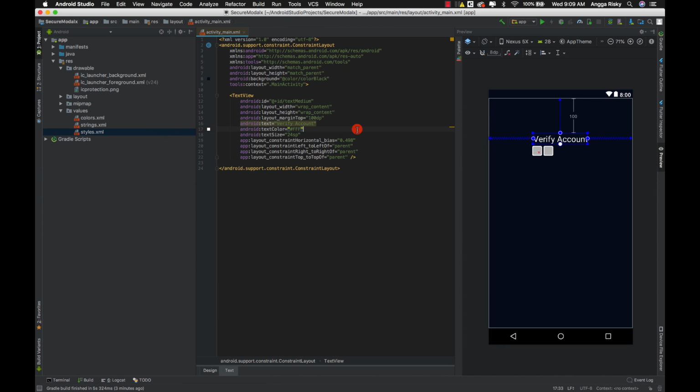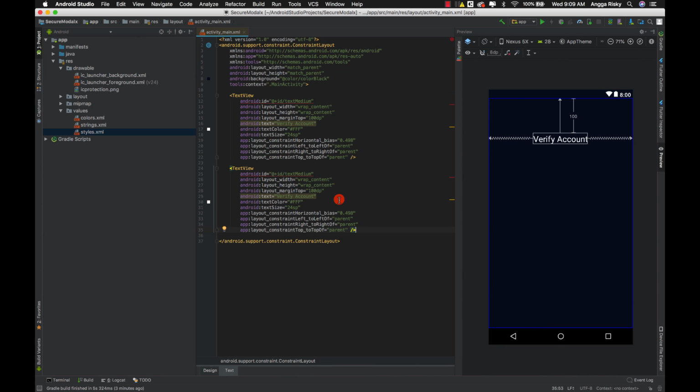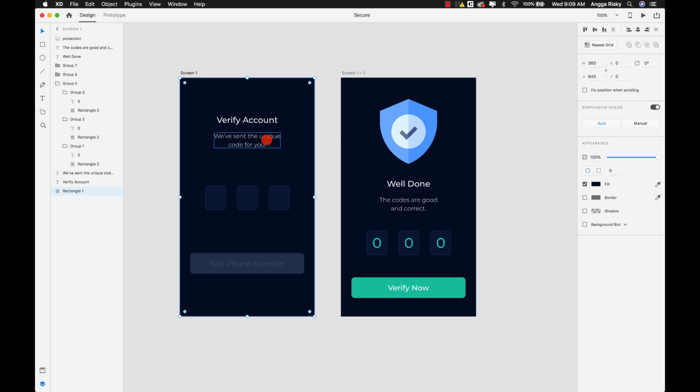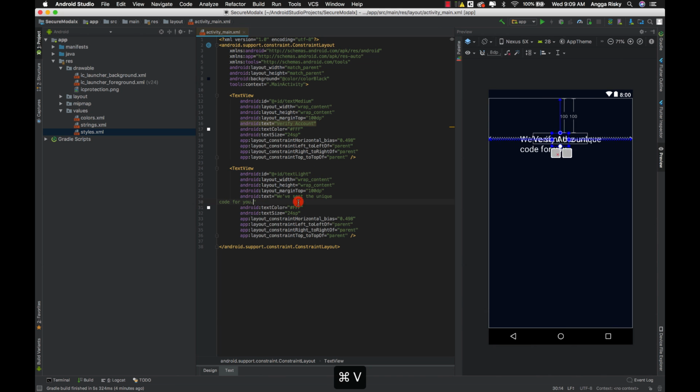Then I have to copy this text view and change it to text like. For this one we go to Adobe XD and copy all of those sentences and come here.